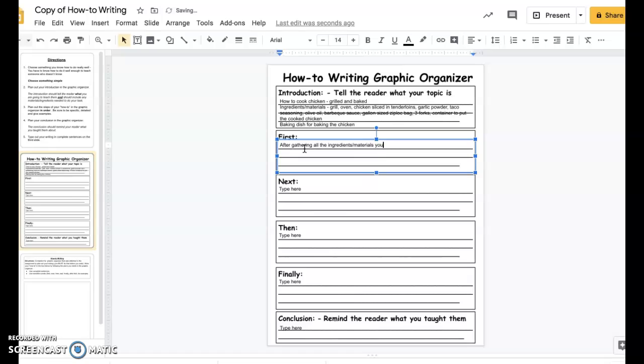Materials. You need to marinate the chicken. Okay, so I'm going to tell them how to do that. So in the gallon-sized Ziploc bag, you will put the chicken tenderloins